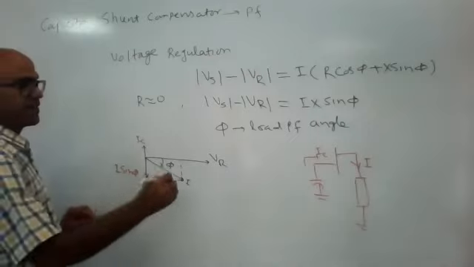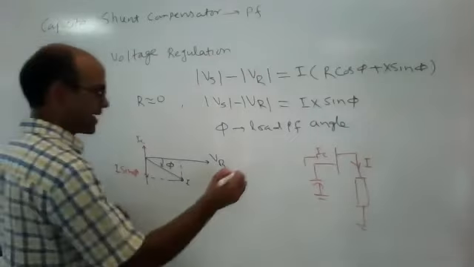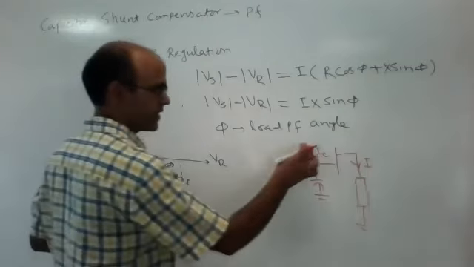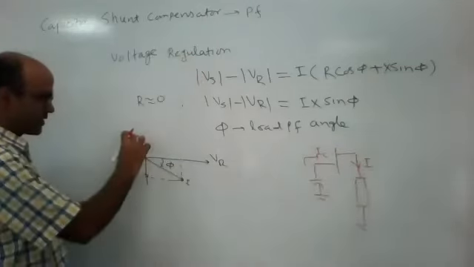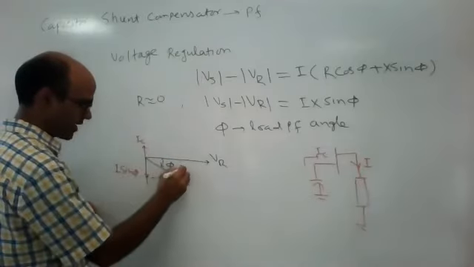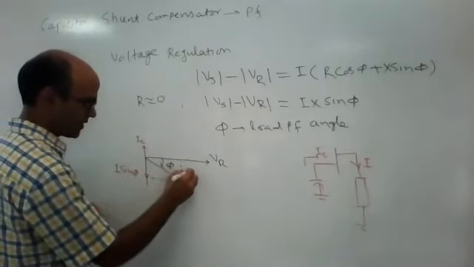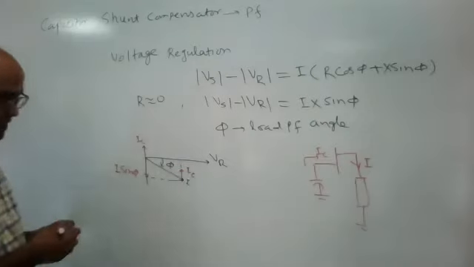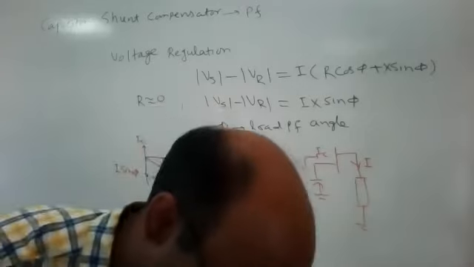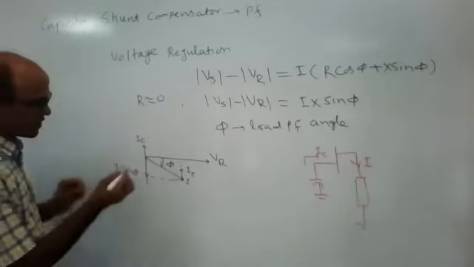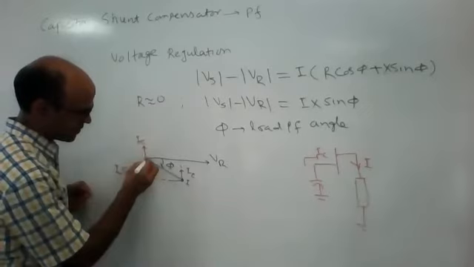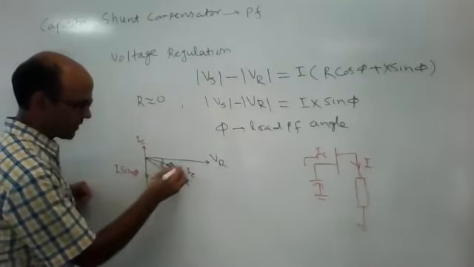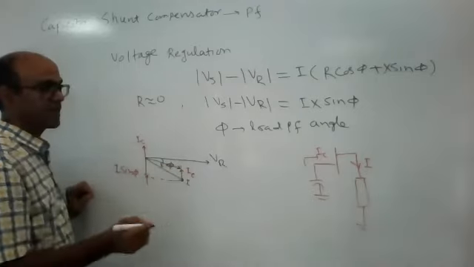So it will inject additional current. So we are adding this current with this current. Okay. So this is IC here. So I can write IC here. This is IC. Now what is the modified current? Now the modified current comes to be this one. This phasor represents the current after capacitor connection.